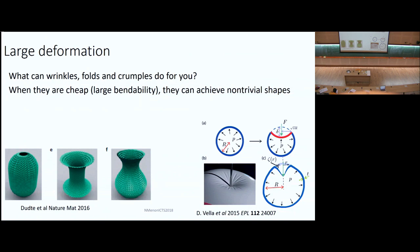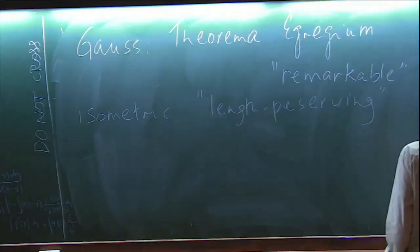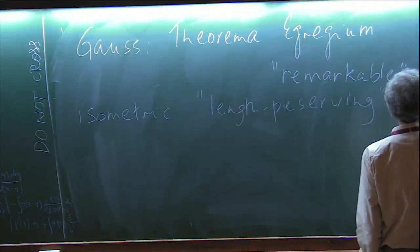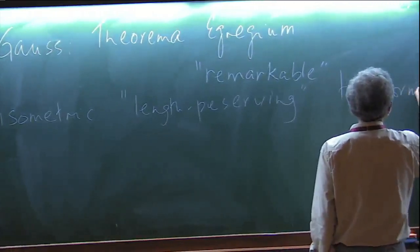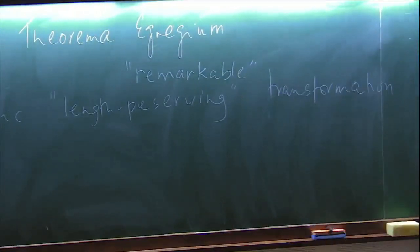What he had to say is, if you're trying to look at a transformation of a surface which preserves lengths in the surface, so the lengths of all curves in the surface are preserved, the word for that is isometric. These are length preserving. If you have an isometric transformation, that's to say you take surface A and turn it into surface B and not change the lengths of curves, then